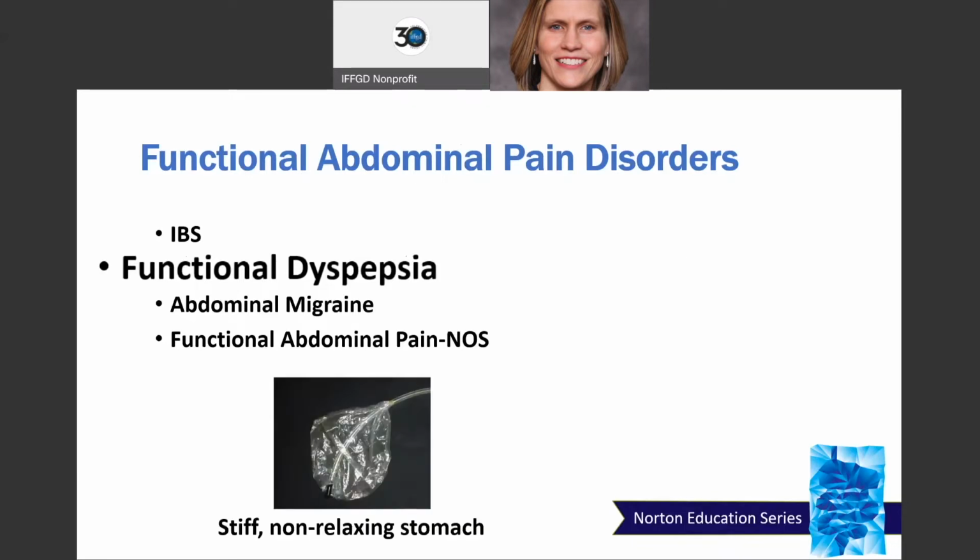So studies show that these patients may have a stiff, non-relaxing stomach. We call it a non-compliant stomach. These are Barostat studies where a balloon is placed down into adult patients' stomachs, and they found them to be kind of stiff. So there's something wrong there, right? And those patients suffer from severe nausea. They have meal-related nausea and sometimes vomiting. So they're not part of those functional nausea disorders, but they do still have nausea. Well, that's a problem, perhaps.